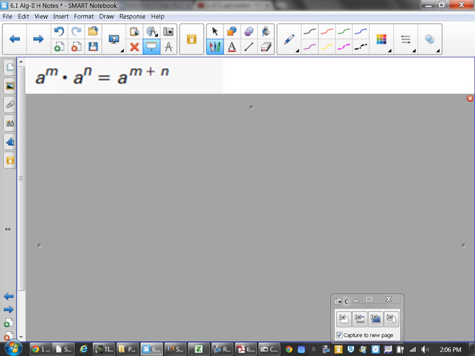Now, this first one, let me define things here real quick. This A is a base, okay? The M and the N is an exponent. Bases and exponents. You guys have all heard those terms before, right? Okay. So when you're multiplying two things together that have the same base but different exponents, all you're doing